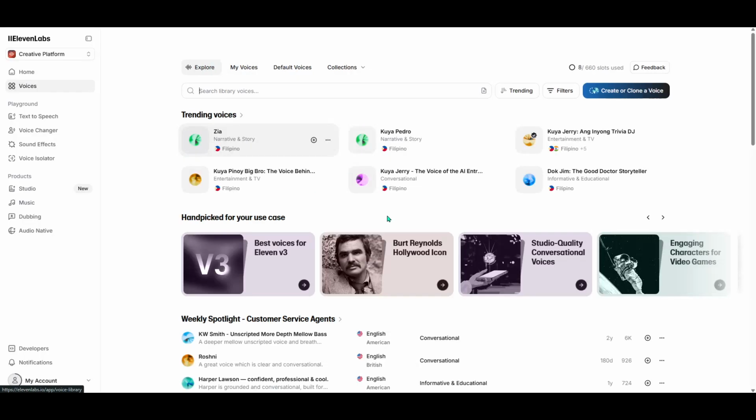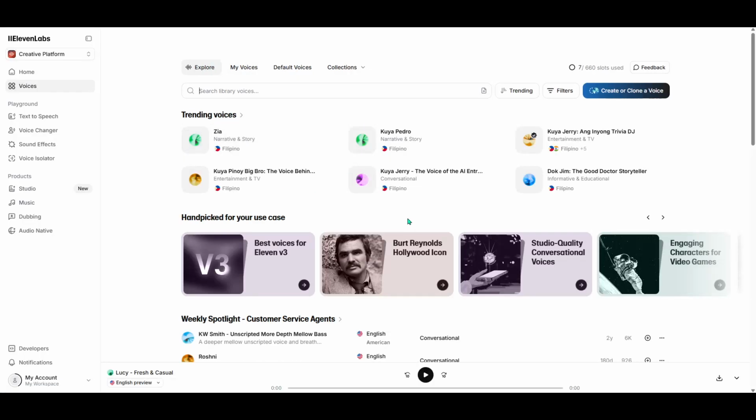You're now equipped with the knowledge to add a British accent to your ElevenLabs experience. Remember, utilizing distinct